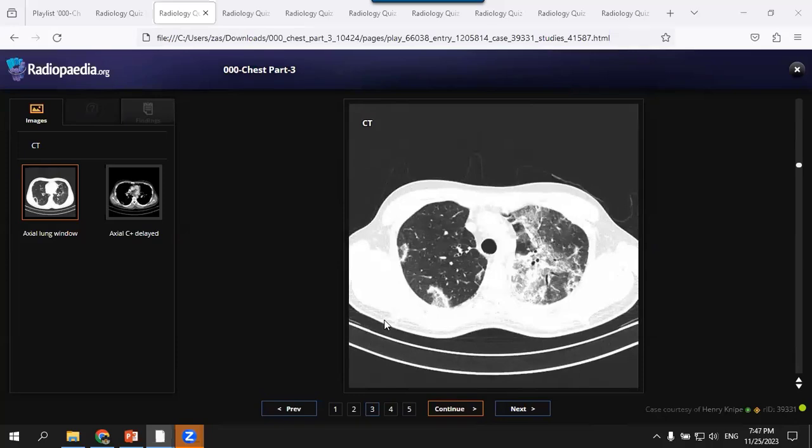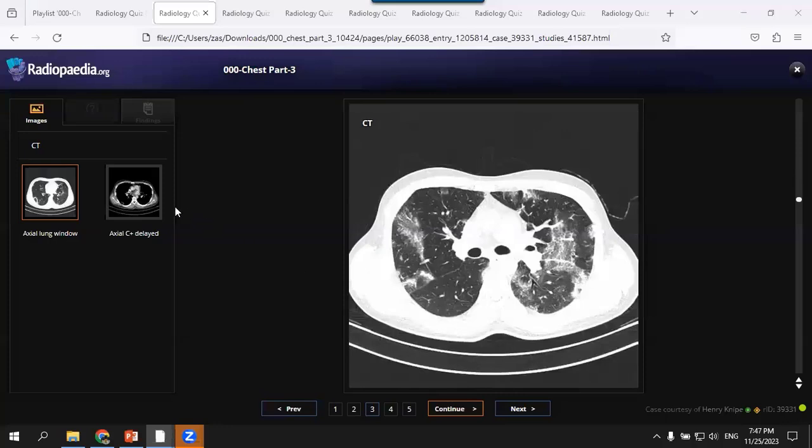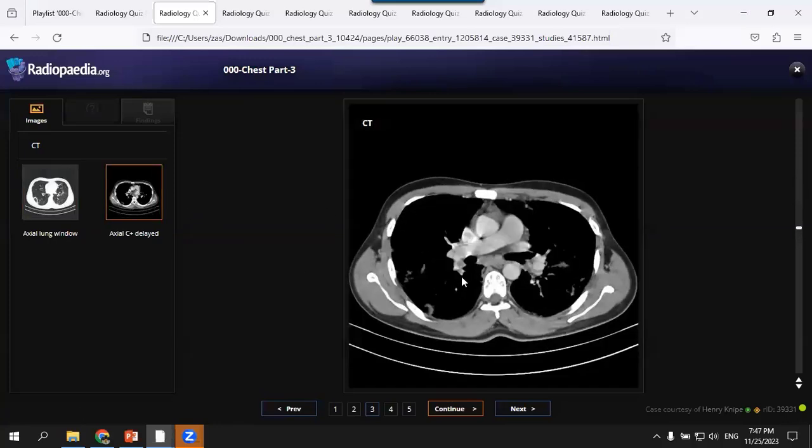The left upper lung lobe is showing interlobular septal thickening within a ground glass opacification. I'd like to check also the mediastinal window for detecting mediastinal lymphadenopathy. Yes, there is no mediastinal lymphadenopathy, no pleural effusion. Also, I'd like to check the upper abdominal cuts, and also in view of the calcified plaques, I'd like to check the bone